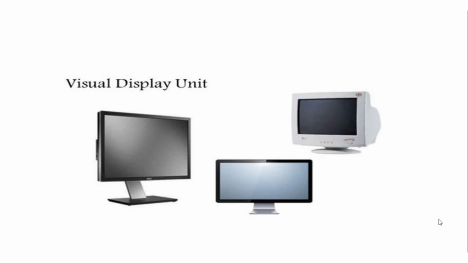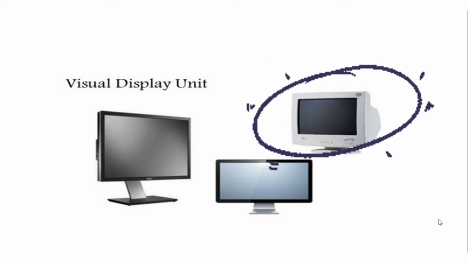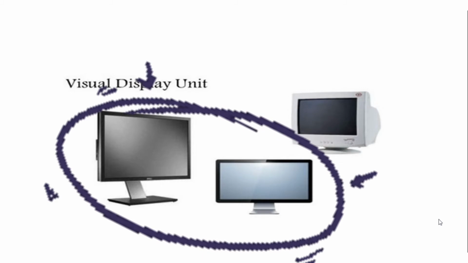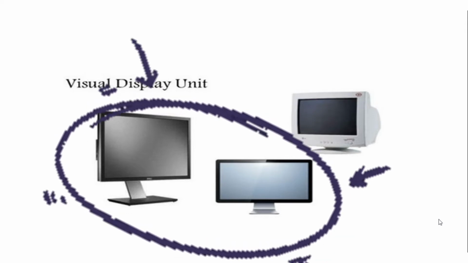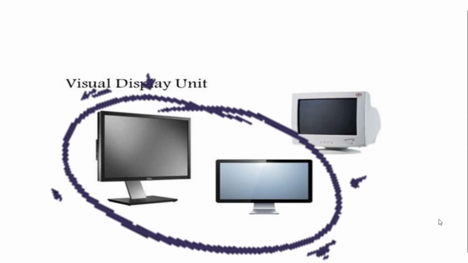There are some disadvantages of the CRT monitor: it is very large in size and it consumes high power, meaning it consumes a lot of electricity. Now let's talk about the flat panel display monitor. The flat panel display refers to the class of video devices that have reduced volume, weight and power requirement in comparison to CRT. You can hang them on a wall or wear them on your wrist also.